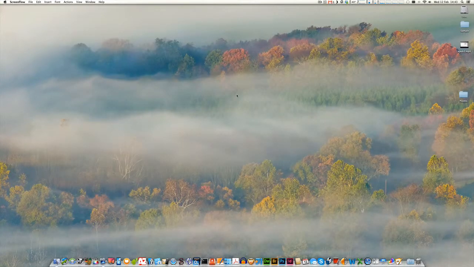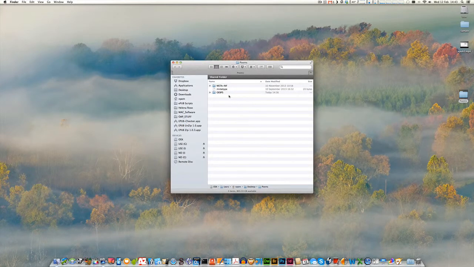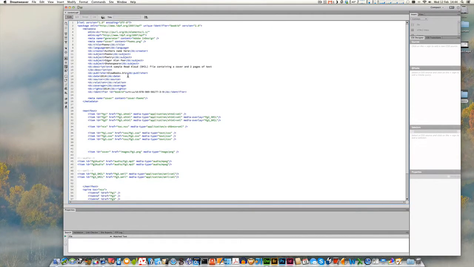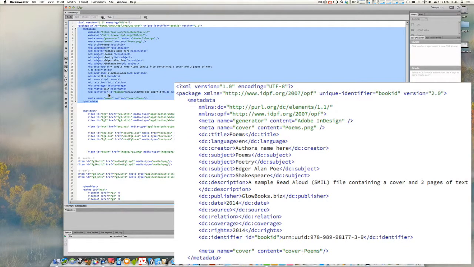Now that I have what I believe are all the files in the correct position and directory structure for an Epub, are there any more changes that I need to make before you can create an Epub? Yes, there are. The first change you need to make is with the content.opf file. There are a number of changes you might need to make, and they will all be between this block here, or in this block here,